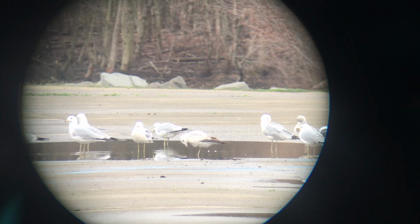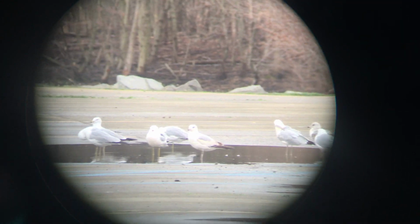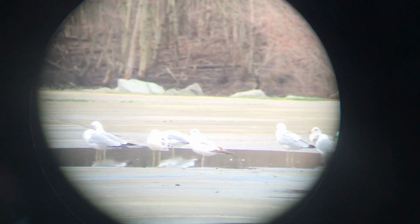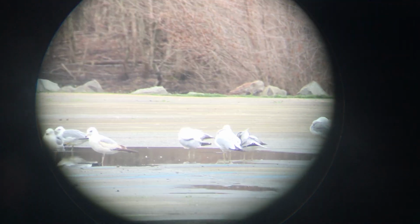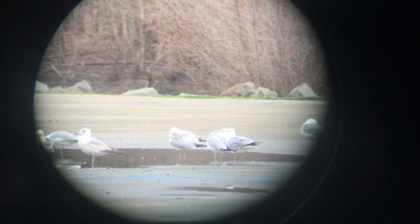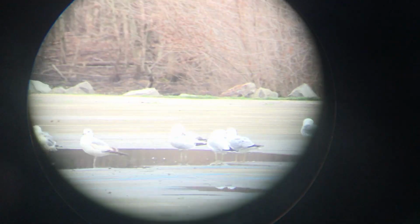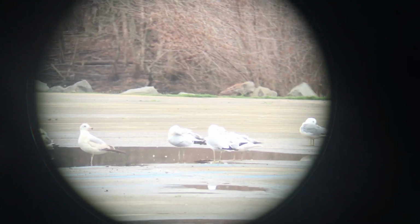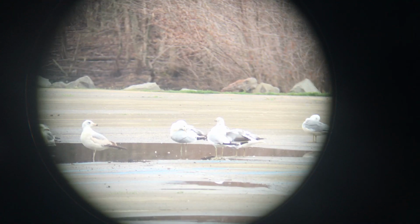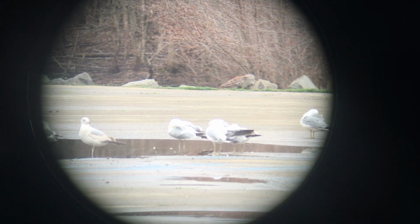Notice he's kind of got a little bit of brown mottling on him, and his head's not quite all white. The adults have a white head; there's an adult in the middle of the frame there. He's scratching his wings there with his beak, preening. Whenever he puts his head back up, you'll be able to see that they're called ring-billed gulls because they have that black ring around their yellow beak, and the adults have